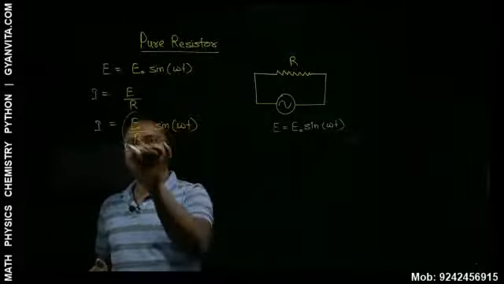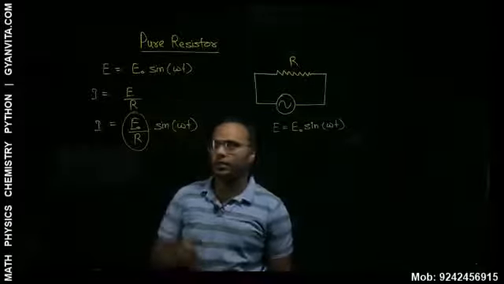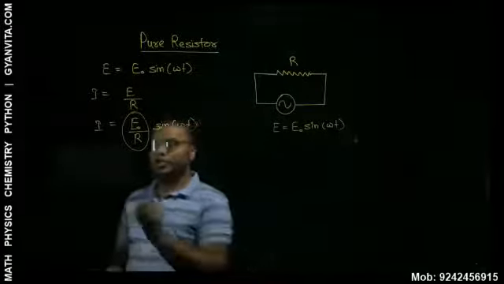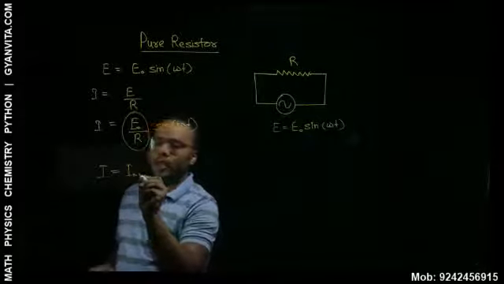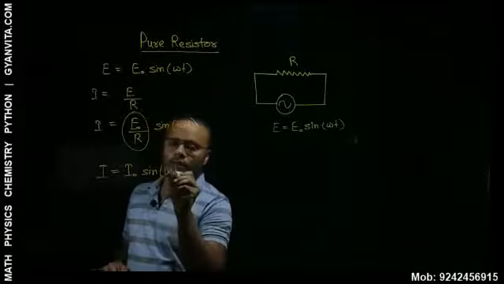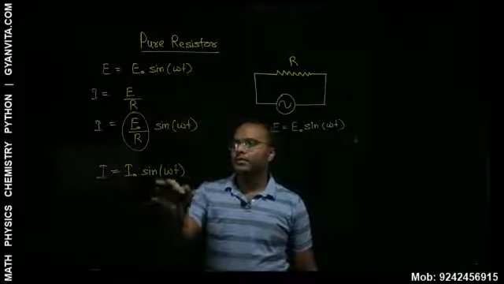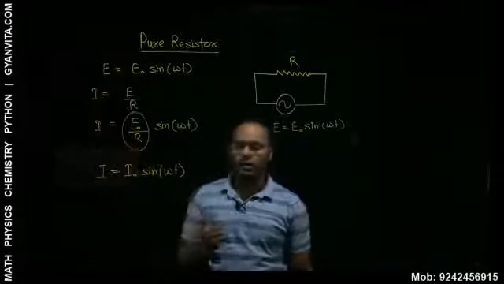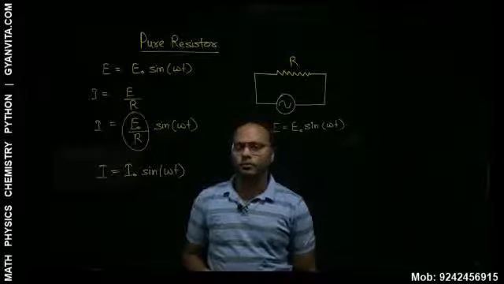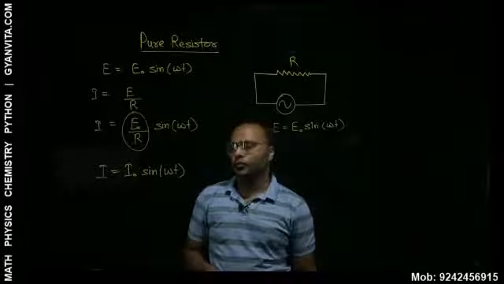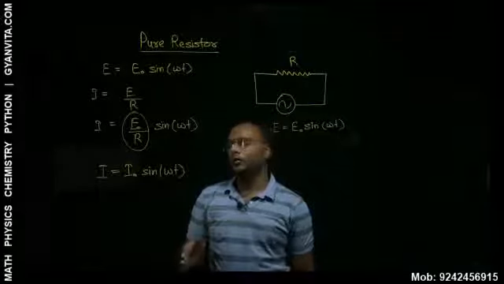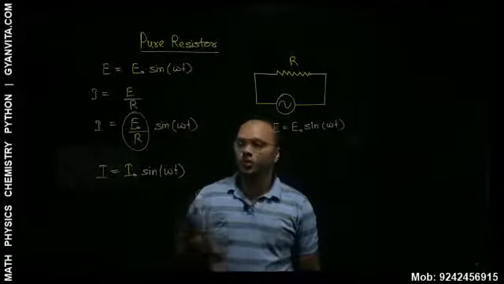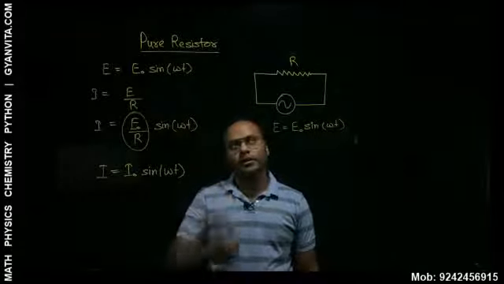Now this particular value which you see here, which is constant for a circuit, that is E naught, is the peak EMF and R is the resistor. So if these two things are constant, I can say that I equals some I naught into sine omega t. So this is the expression for EMF, and the expression for current. Now we have to compare these two, right? When we compare these two, we are going to find out the relation between I and E, and that's how we'll find the opposition offered by this circuit element as well, right?